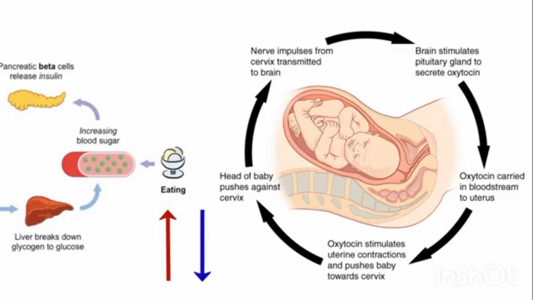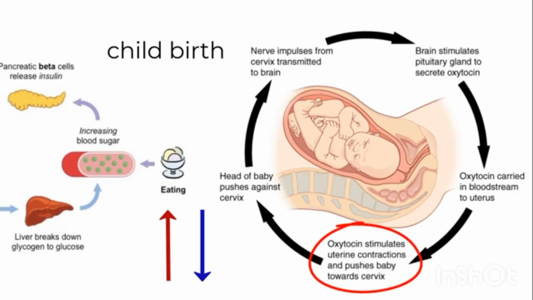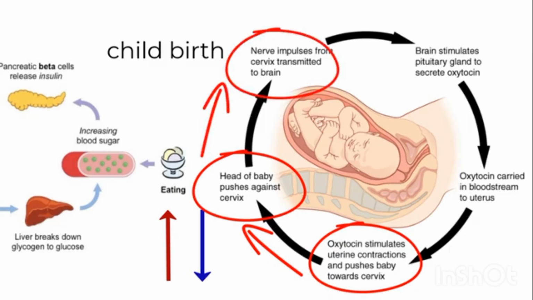Our example here for positive feedback is that of human labor and delivery of a child, shown in the image on the right. During this process, when a mother is ready to give birth, she has contractions. During contractions, the baby is pushed toward the cervix. When pressure is applied to the cervix, a signal is sent to the brain that tells the pituitary gland to